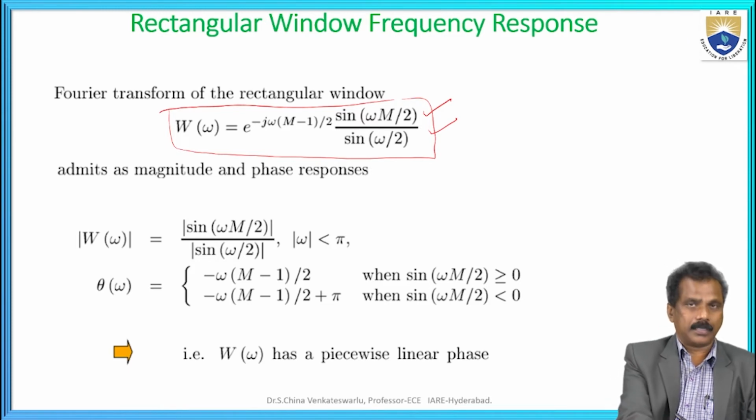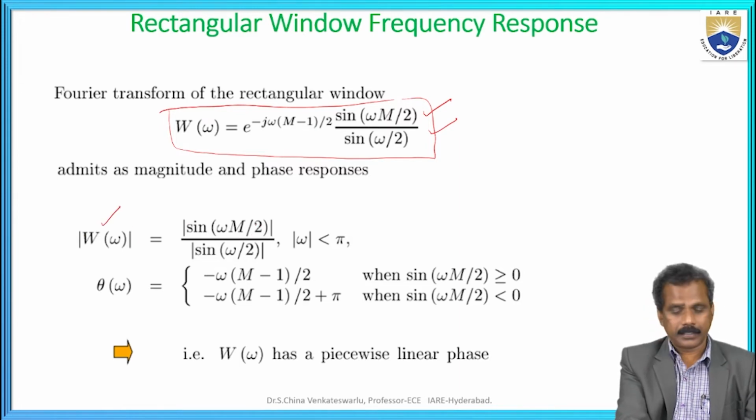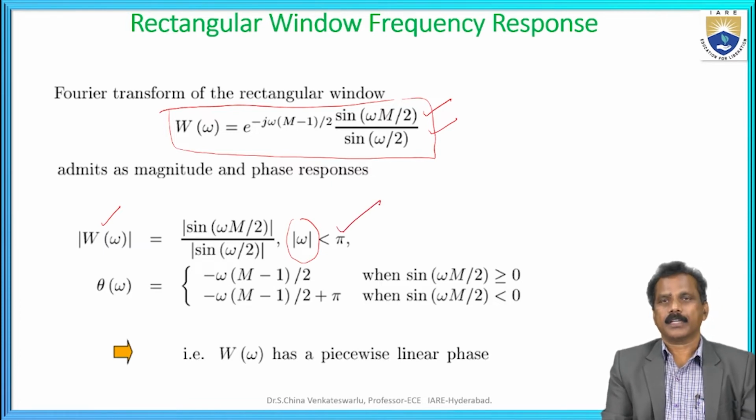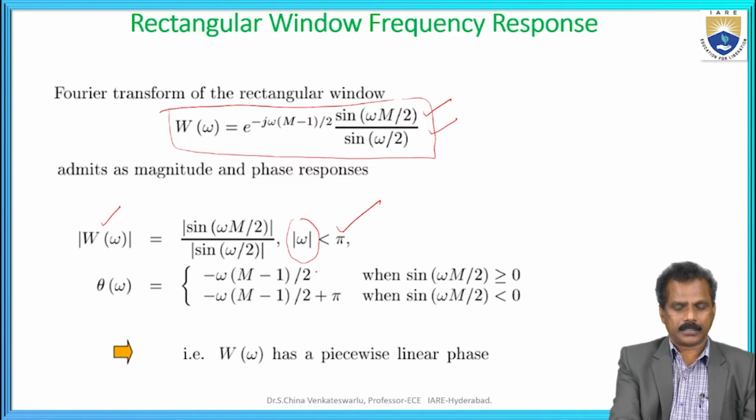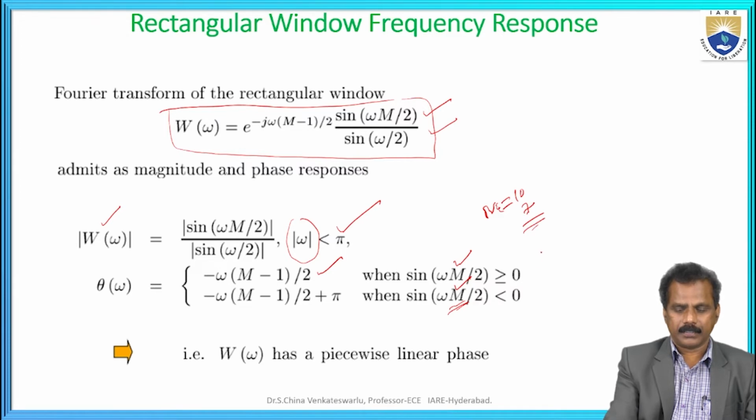So that particular window, mod W of omega is sine of omega M by 2 over sine of omega by 2, where omega is less than or equal to pi, and we get an angle theta of omega. We have to measure using this mathematical notation, sine of omega M by 2. It is specified that the M value, if M is equal to 10 or 7 or whatever it is, will affect theta of omega as well